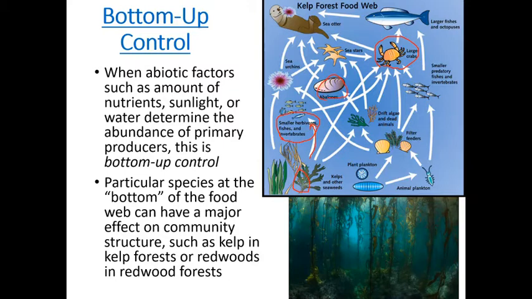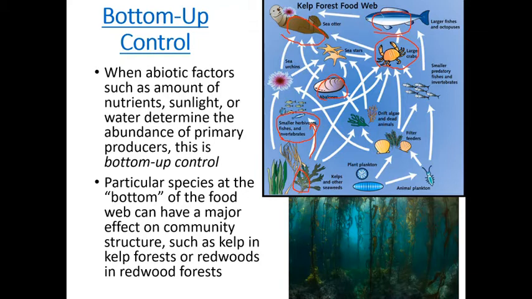So everything eats kelp. Kelp is what is there to eat, and so this is the first place where energy that has initially been taken from the sun, converted into a usable form, is passed up the food chain. And so kelp can therefore influence the sea otter population and larger fish and octopi populations